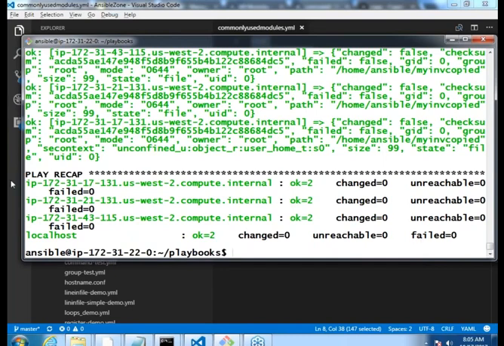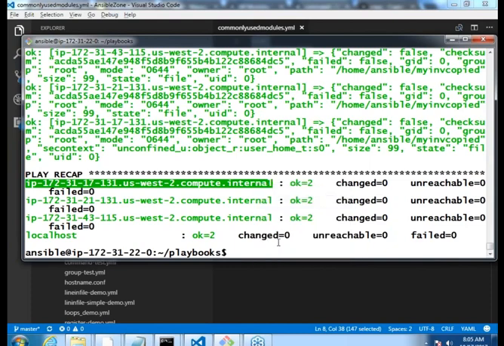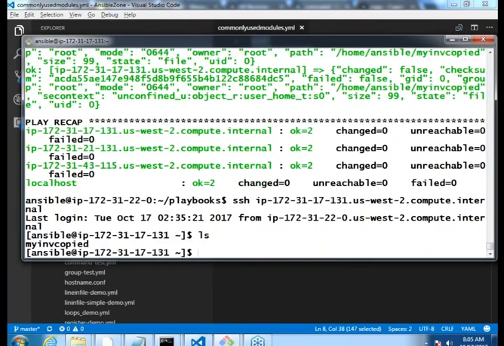Okay, so let me log in into this machine. SSH. Okay, are you seeing it? Yes. So actually file was in my control machine and I have copied it to remote machine.